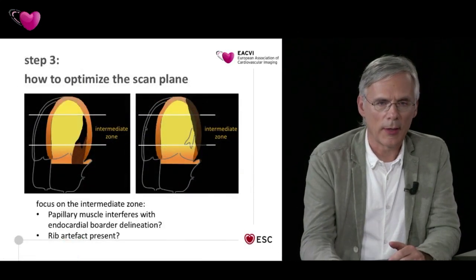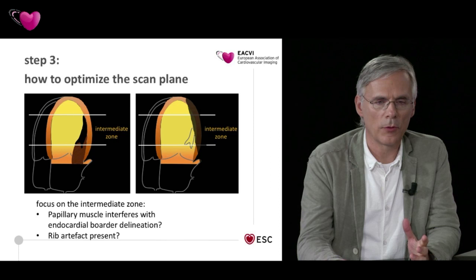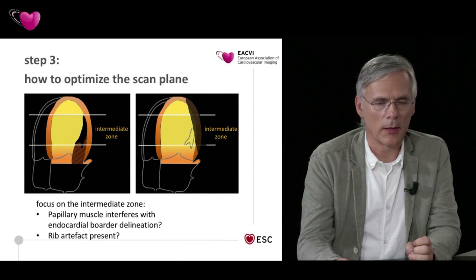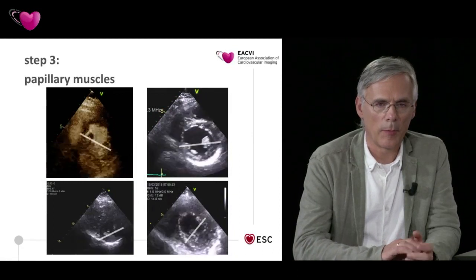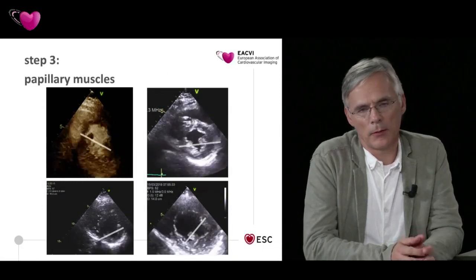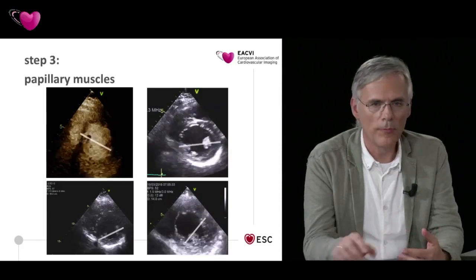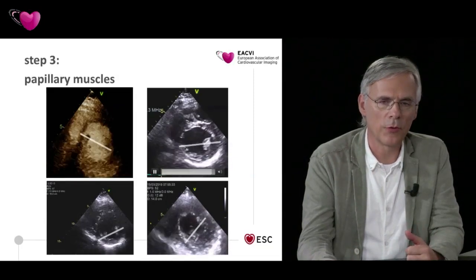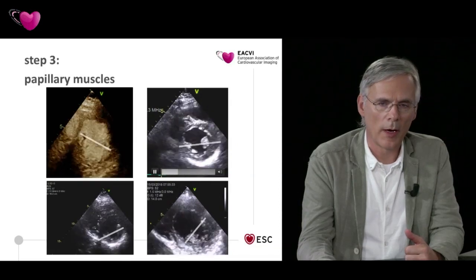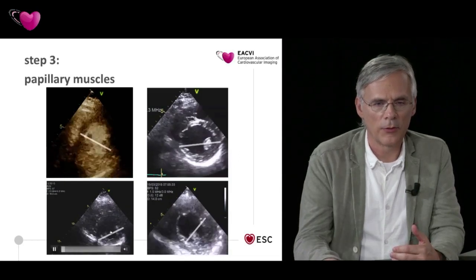The next step is that we now focus on the intermediate zone, and we have to look for an interference of the papillary muscle with the endocardial border delineation, and we have to look for rib artifacts. And for the papillary muscles, I prefer to look first at the parasternal short axis view and to look at the position of the papillary muscles. Most often you find this situation where they are more or less horizontally orientated, or in this position where